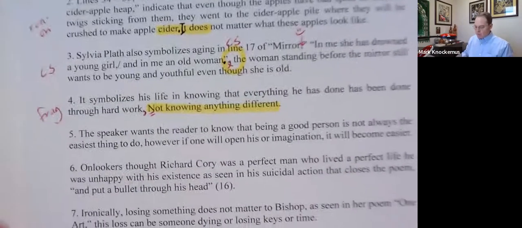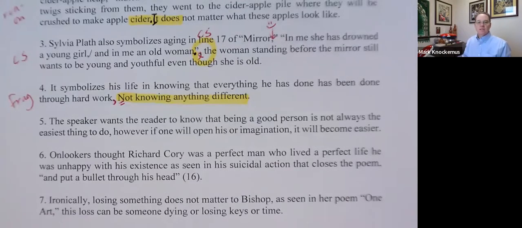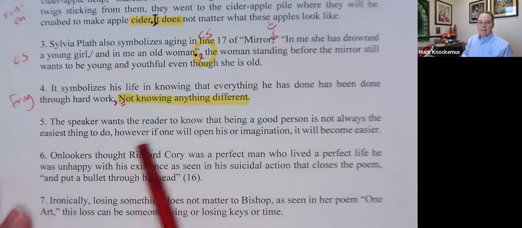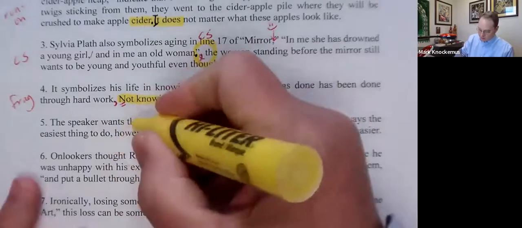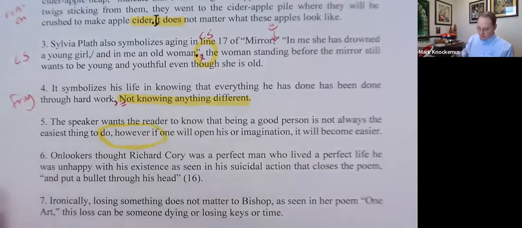The speaker wants the reader to know that being a good person is not always the easiest thing to do. However, if one will open his or her imagination, it will become easier. What do we see here? You might have recognized "however," a common conjunctive adverb that we worked with in English 101, and this kind of looks a little fishy, and I totally agree. You probably noticed that. And you might have remembered from English 101